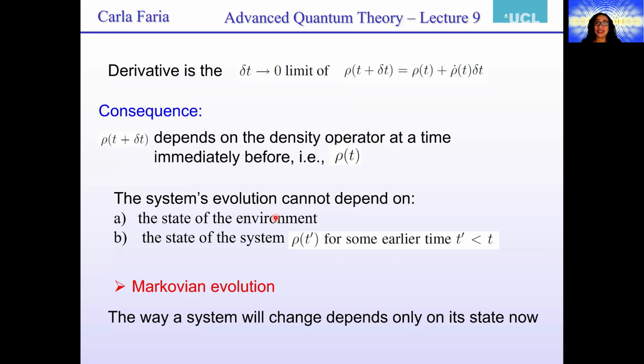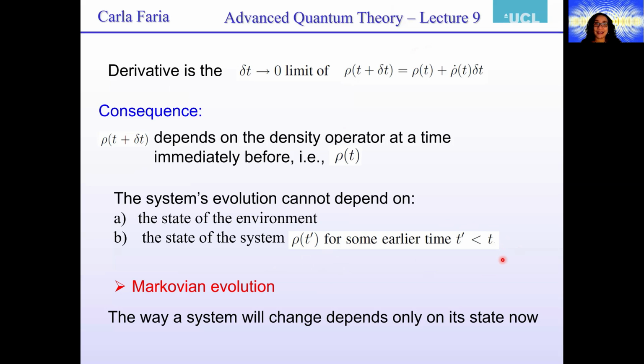If the environment is changing, how would you take this into consideration? Second question: you are not taking into account the history of the system, because you just connect t with t plus delta t. So how about a situation in which you could have an evolution of rho, of the density operator, prior to t, for some earlier time t dash, and this evolution would influence your dynamics? This could be a problem, but the way this equation is stated,